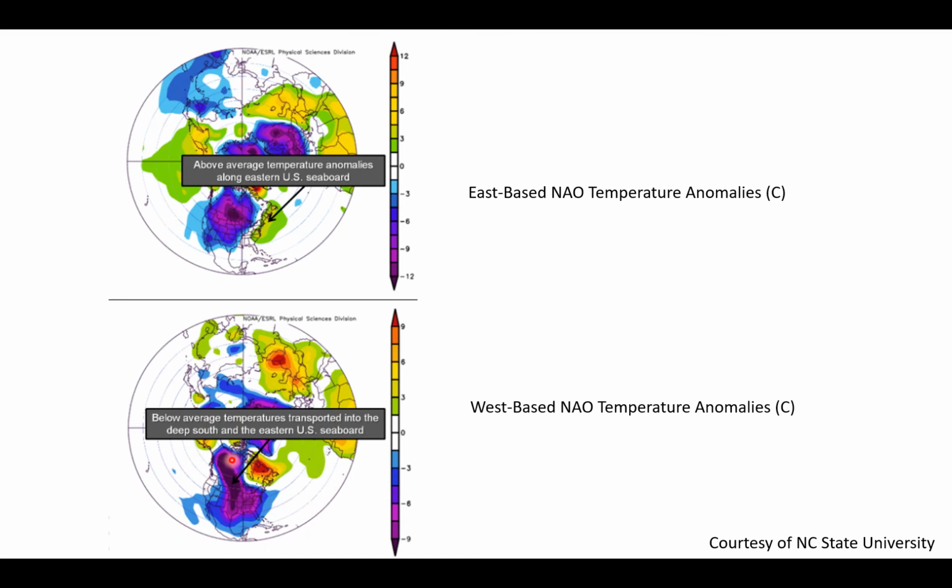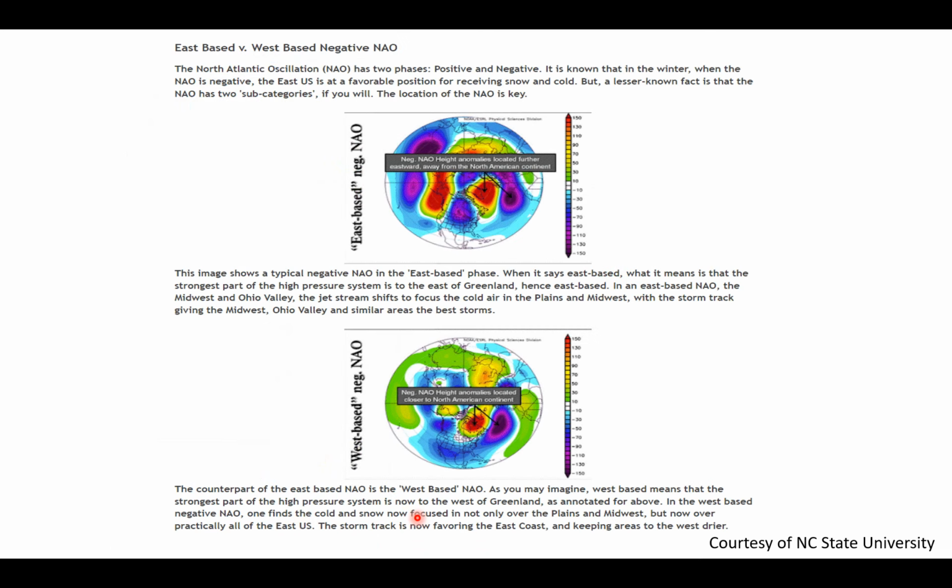You do have a core of a very cold air mass from northwestern Canada working its way southeastward to the Dakotas and dropping down to the central U.S. But look at the purple coloring, that shading, going all the way to the east coast with a west-based negative NAO. And here are the anomaly numbers, by the way, here on the right. So big